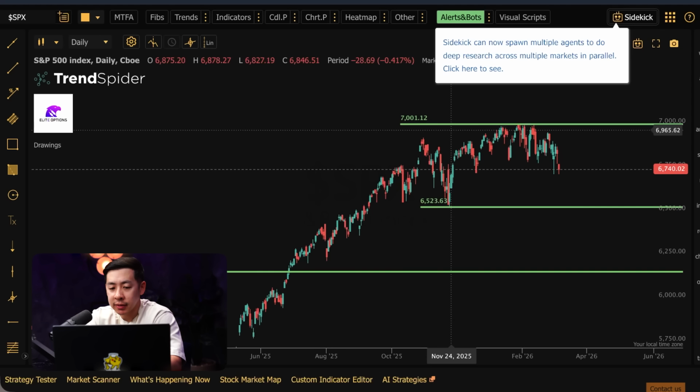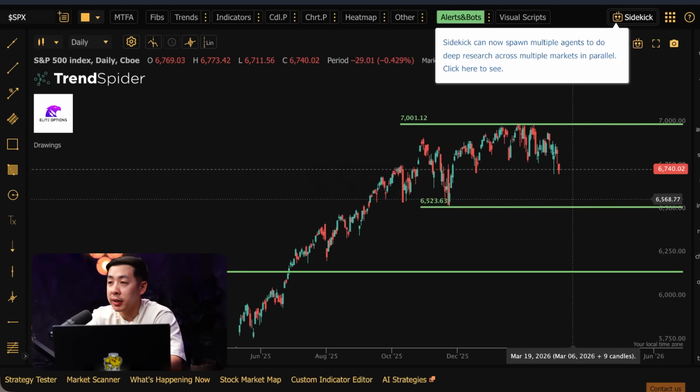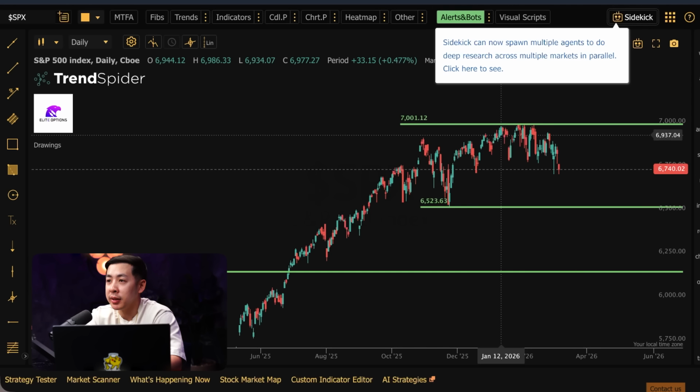This is the basics of how to draw the most important levels and how to trade them. Buying at support when the narrative in the market context changes more bullish, that's when you get aggressive. And then also on the upside, when SPX breaks above 7,000 and also the narrative changes, something happens at the Fed meeting or something geopolitically changes that's more bullish, then that's when you press your bet again. That's the basics of support and resistance.